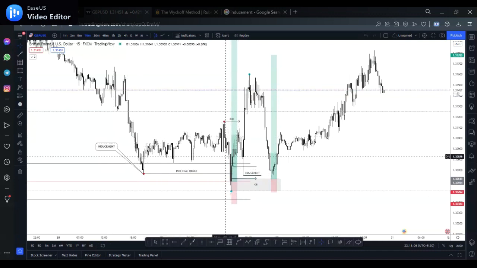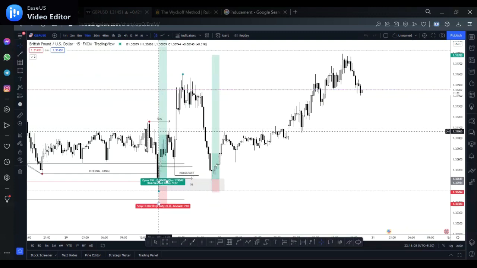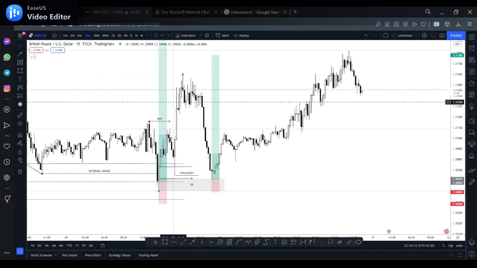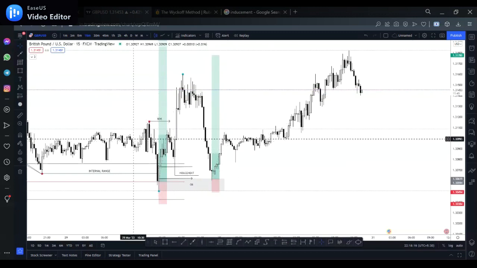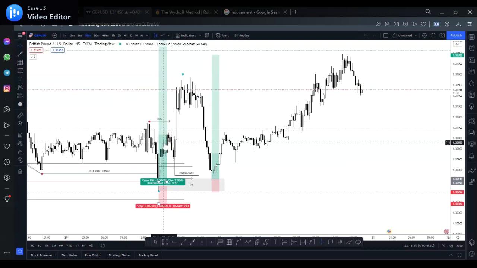Okay, so now they did this. Now this was where it became very, very interesting, which I had to use this as an example to explain this concept. So you could do the research yourself because this is basically what I do before I look for other blocks and fair value gap and stuff like that. So that's not what I'm here to teach. I'm just here to teach you the difference between liquidity and inducement.